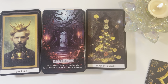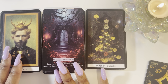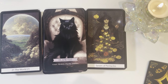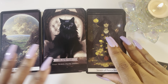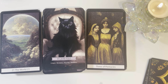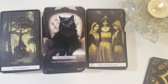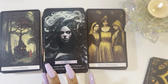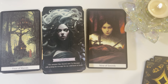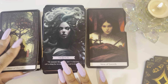King of Cups, Venomous Garden, Seven of Pentacles, the World, Black Cat, and the Three of Pentacles. Yeah, let me know below, do you like this shadowy, dark sort of decks, this combination? But this is just something that I thought would be fun to work with and play with in